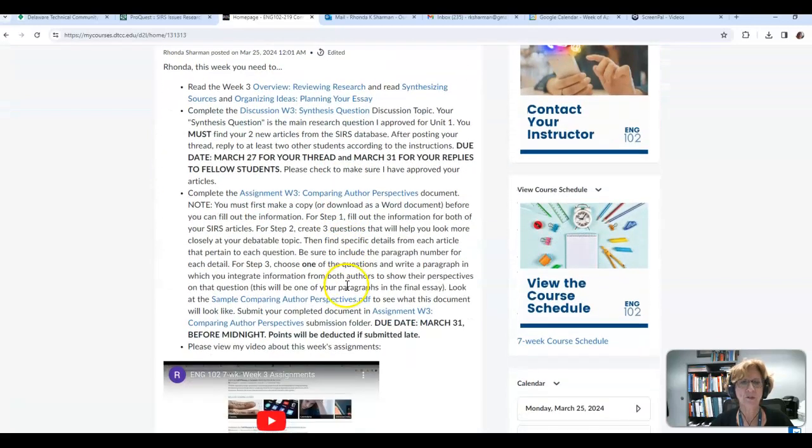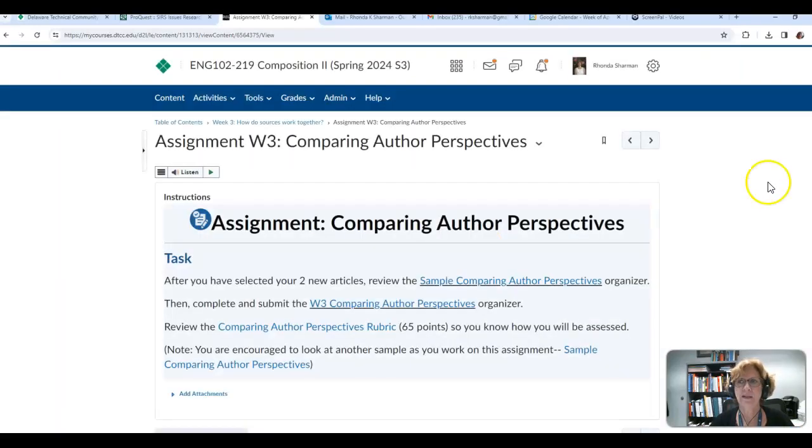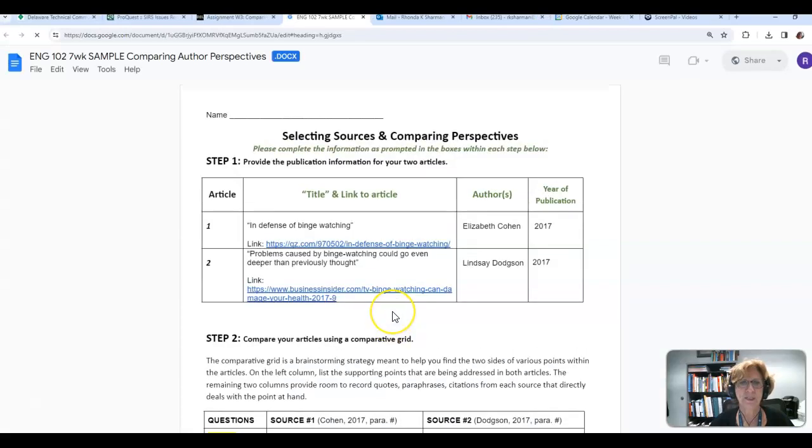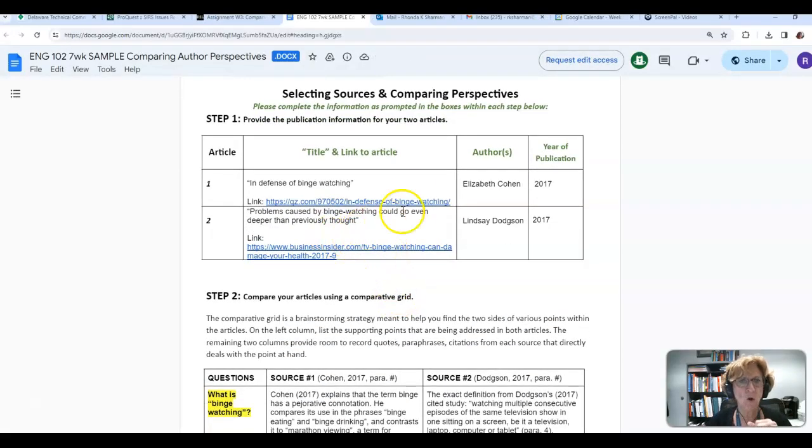And then part two is to begin the planner for your Unit 2 essay. So there is a document here that you will fill out. And I'm going to show you the sample just to show you kind of how it works. So step one is to list the information.